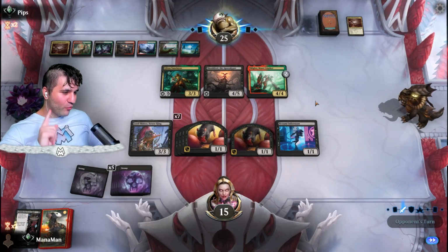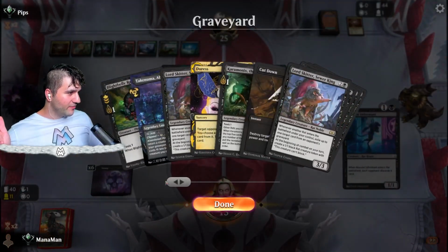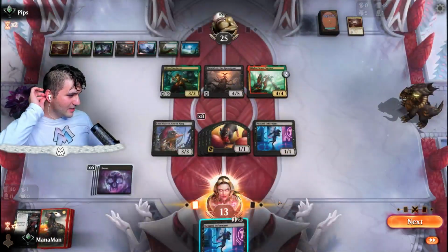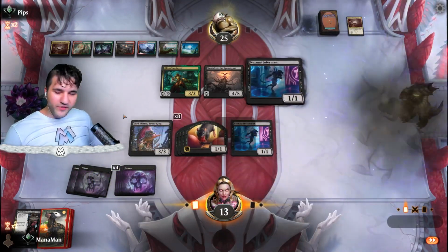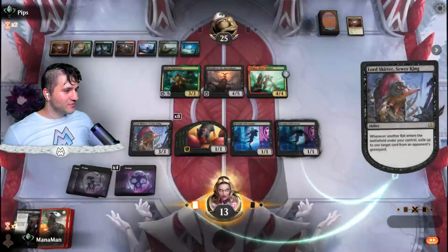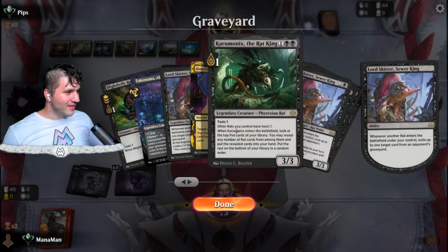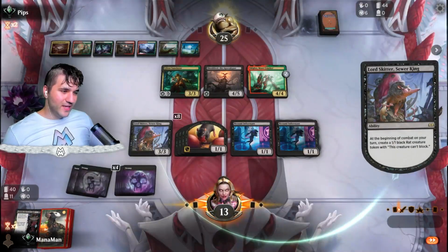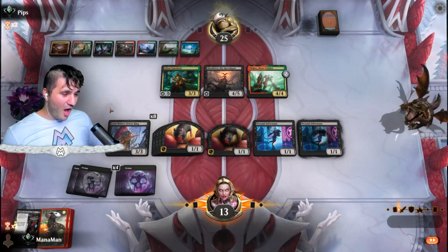If we can get a Rat King, which is a big ask. I mean, one's already in the graveyard, I believe. But another Informant. Let's go ahead and just drop it. The only thing that is going to save us is a Karumonix Rat King. That's it. And then we swing all, and then give everything toxic. Other than that,